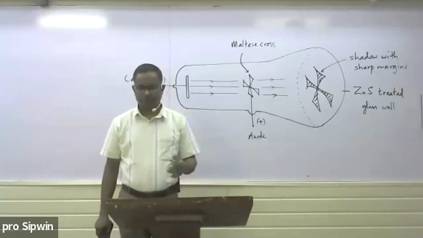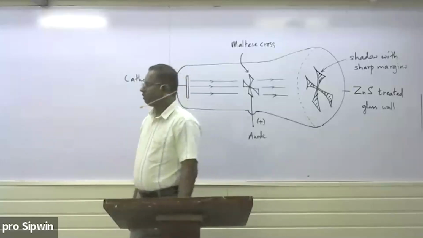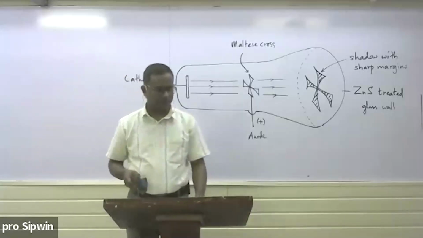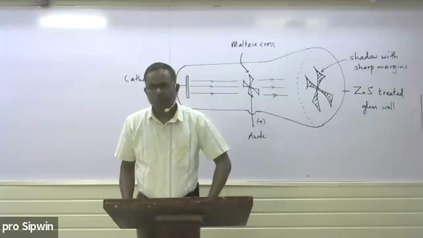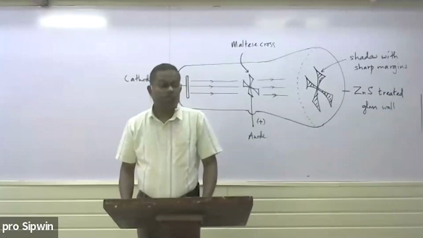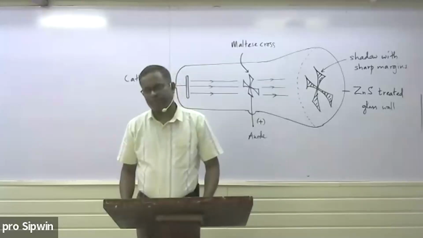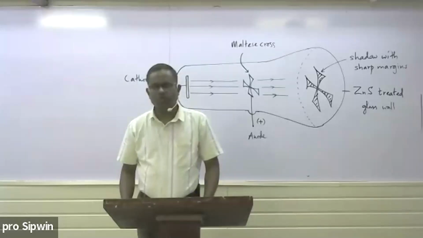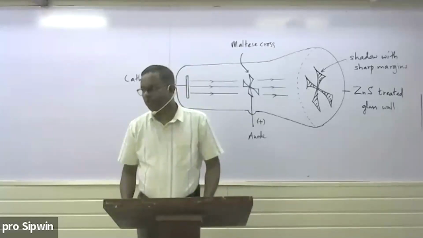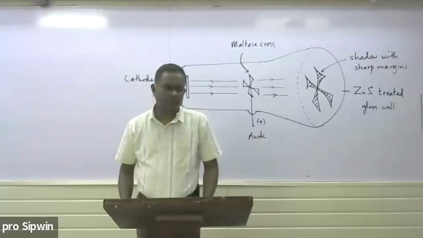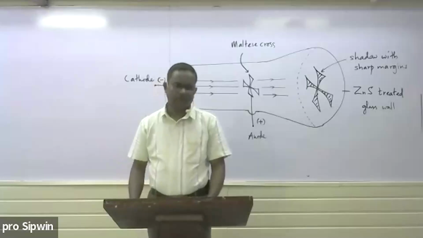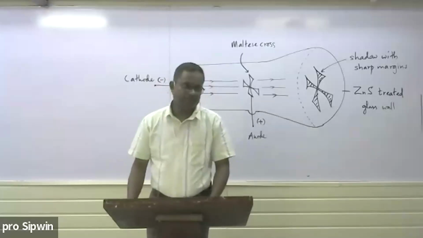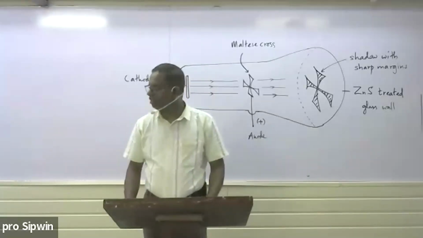Next property, the fourth one. Now, the cathode rays start from the cathode. They are perpendicular to the cathode surface. They move in straight lines. But still you don't know whether the cathode rays are a type of energy or matter. I want to check whether it is a type of energy like light energy. For that, what they did